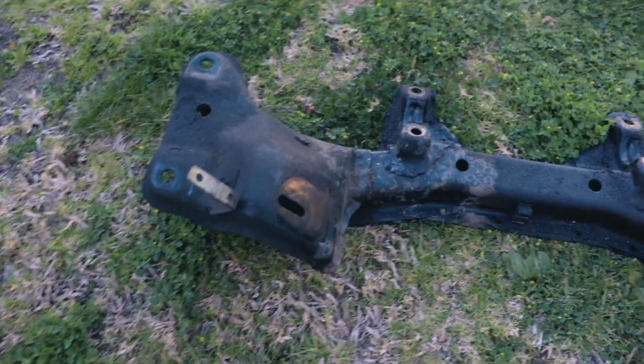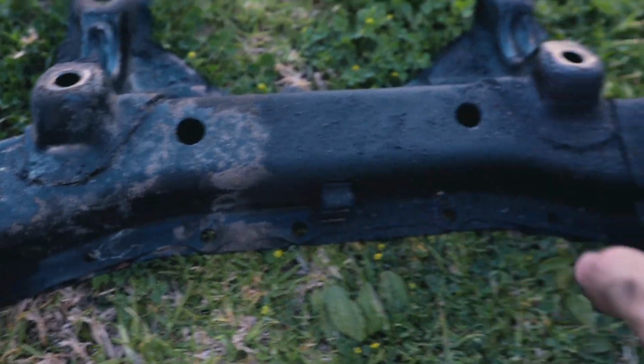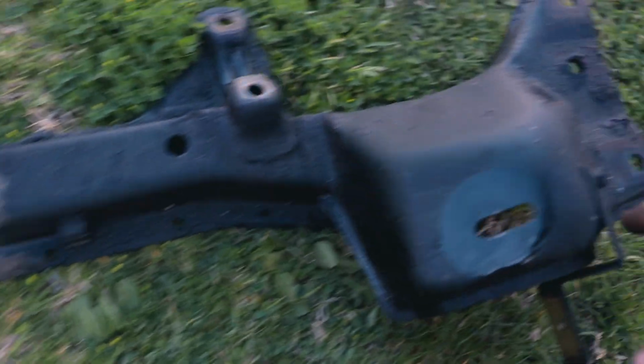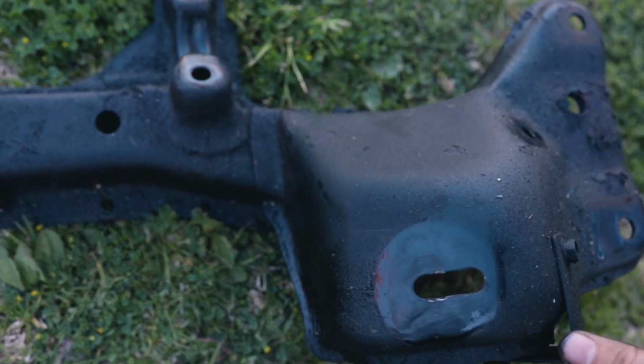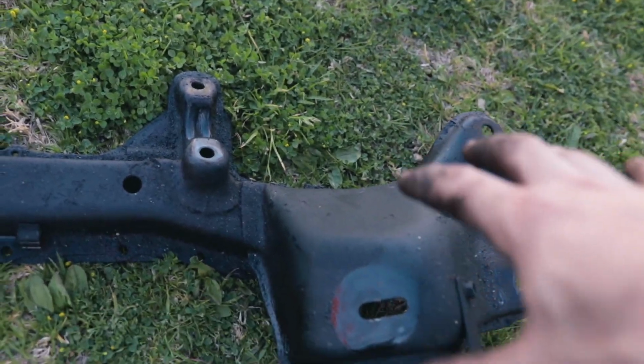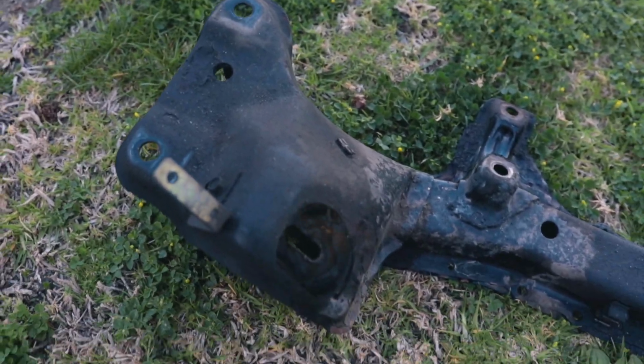So the subframe is out. There are little brackets like these that are bolted to some power steering lines. There's some lines that run across here, some right here. All the other ones are 10s, and this one's a 12 millimeter. But I've been leaking power steering fluid. I've known it for a little while, so that's why this side is all wet and messy,